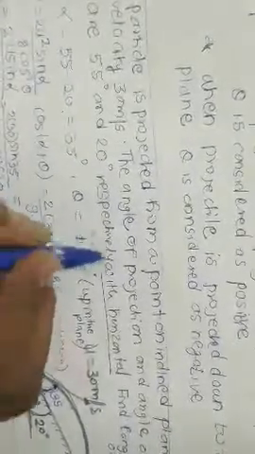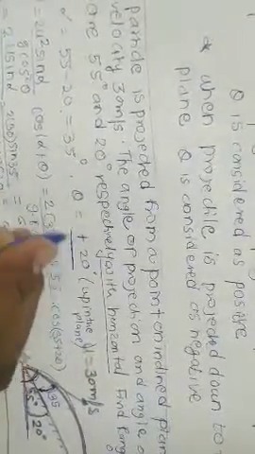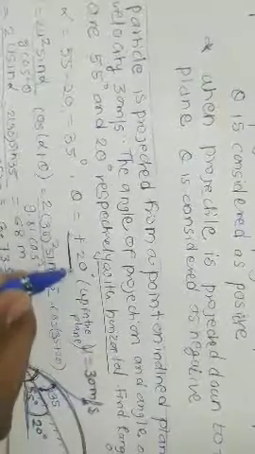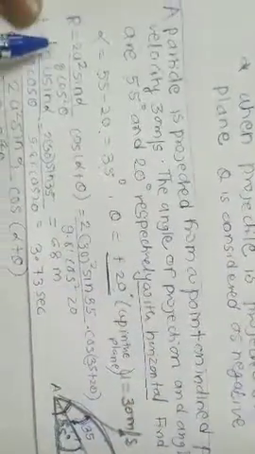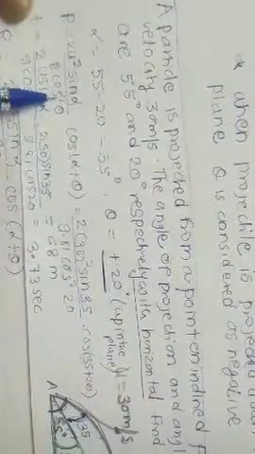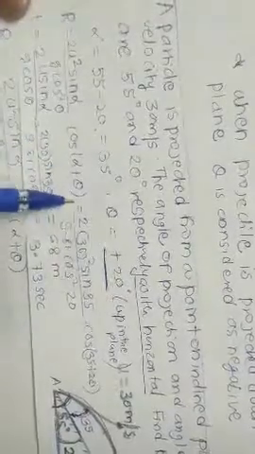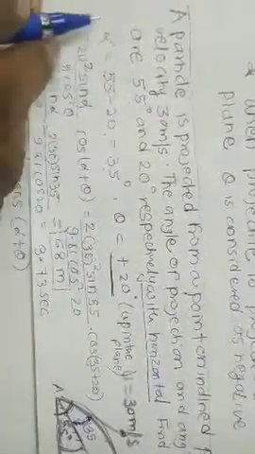So alpha is equal to 35 degrees, theta is equal to plus 20. No need to write plus, but for understanding I have written plus 20. It is up the plane, so you take theta equal to 20. Then we will find R. R is equal to 2u square sin alpha upon g cos square theta into bracket cos of alpha plus theta. We'll put the values and we'll get range equal to 68 meters. On the same line, t is equal to 2u sin alpha upon g cos theta. We'll put the values and we'll get t equal to 3.73 seconds.